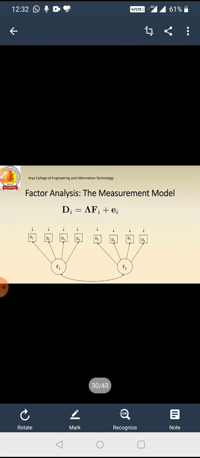Steps of EFA: collect the data to explore, determine the number of factors, estimate the model using the predefined number of factors, and rotate and interpret. Fifth, repeat steps 3 and 4, construct scales and use them in further analysis. This is the measurement model given by the factors. Example of 8 variables.